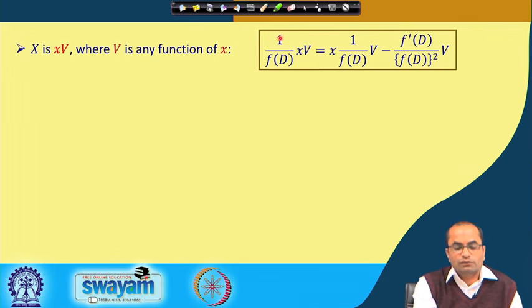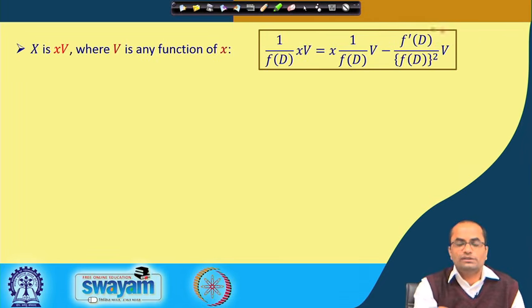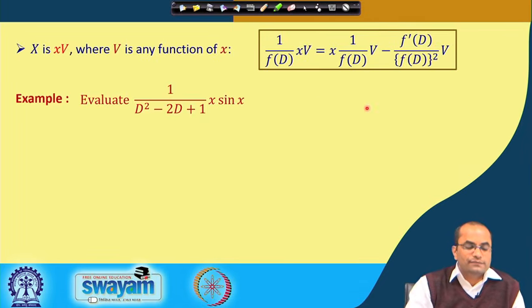Here again, 1 over f(D) on x into v, where v is again a function of x. So, this formula says it is kind of a product rule. So, this x you can take out, apply this 1 over f(D) on v, minus f prime(D) over f(D) whole square applied on this v. So, with this formula also we can get directly the particular integral, like in this example 1 over D square